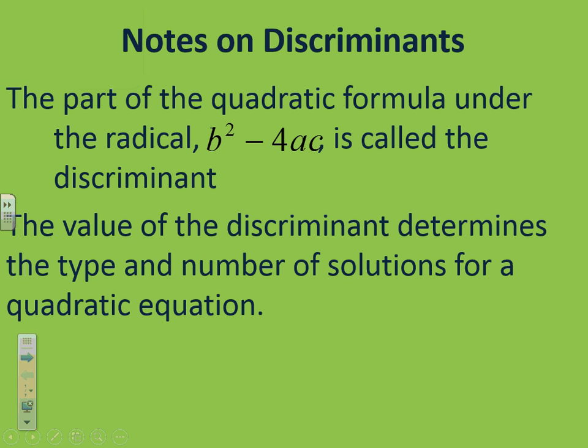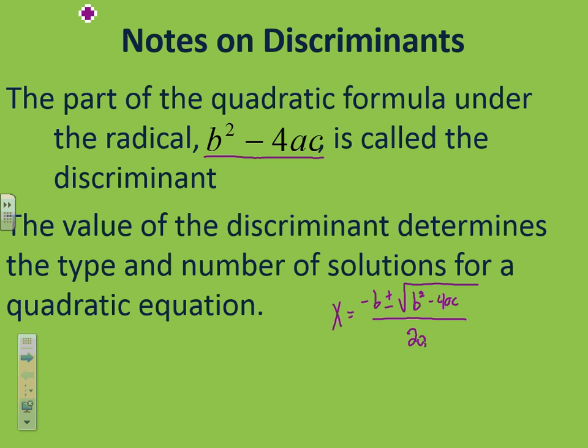Alright, so in today's video what we're going to be talking about are discriminants, particularly what the discriminant does for us in a quadratic equation. Now, for those of you that don't remember what a discriminant is, it is right here. It's that b squared minus 4ac, and where that comes from is the quadratic formula, which if you don't remember it is the opposite of b plus or minus the square root of b squared minus 4ac